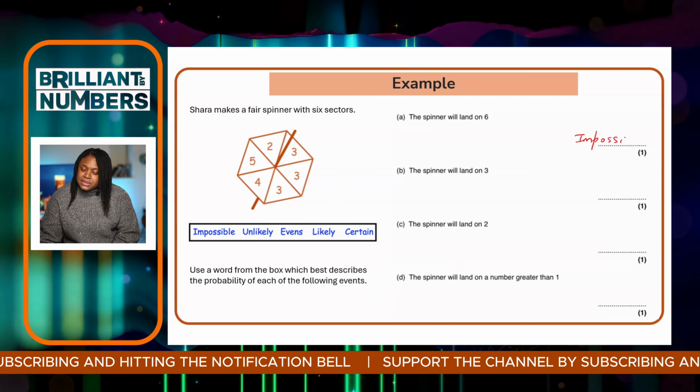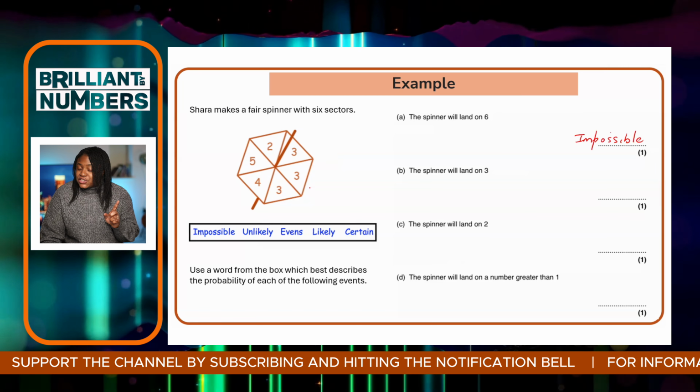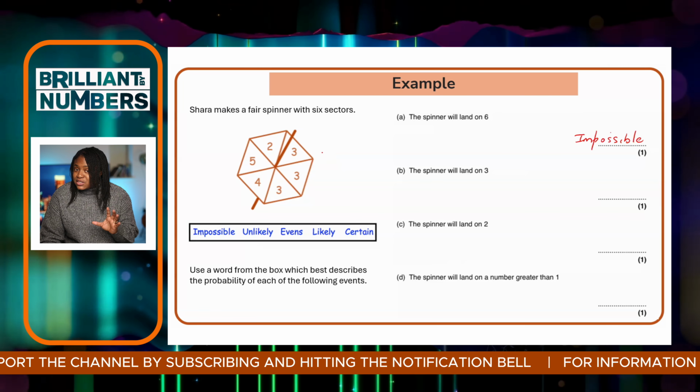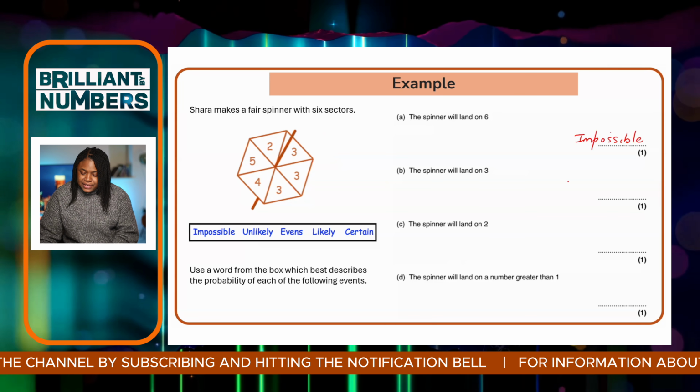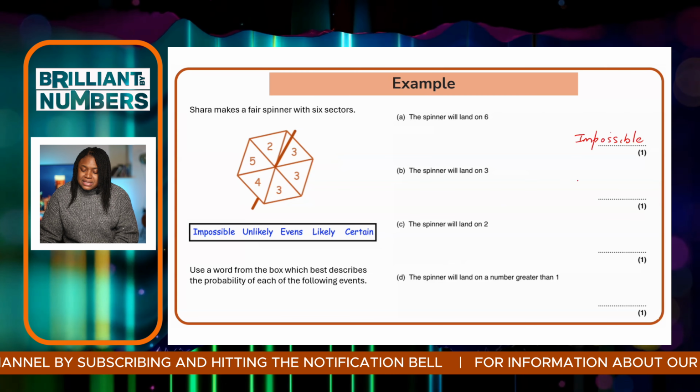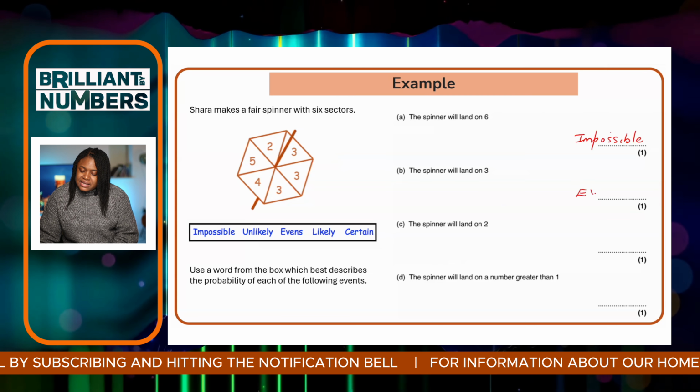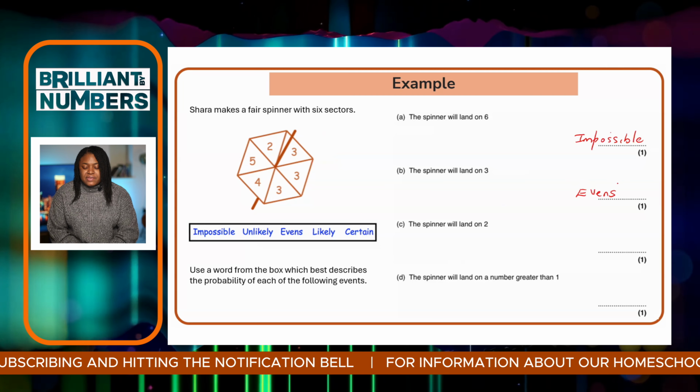Now we need to describe the spinner will land on a 3. I can see that 3 slots or 3 parts of my spinner is a 3. And there's 6 sections, so it's 3 out of 6, which means that is even. So here we describe it as evens, which is the same as even chance, so just put evens there, another